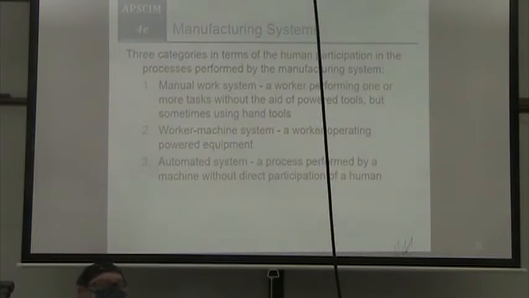I would say that hand tools also include small powered tools, drills, electric or pneumatic ratchets, etc. Worker machine system, where a worker is operating powered equipment,